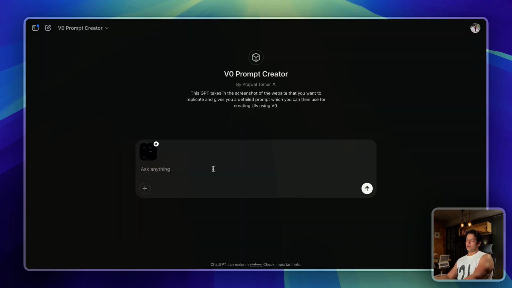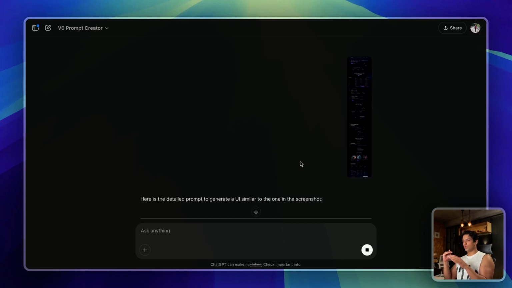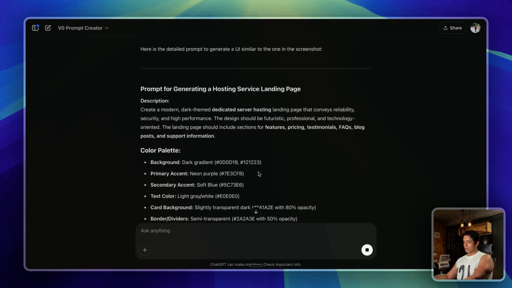As this is already a trained custom GPT, I just submit it, and now it will go through the entire landing page and draft a very detailed prompt so that we can put the detailed prompt into Lovable, and Lovable could replicate the design. It is not going to be exact, but I hope the first draft that we get is workable. As you can see, it is going through the landing page